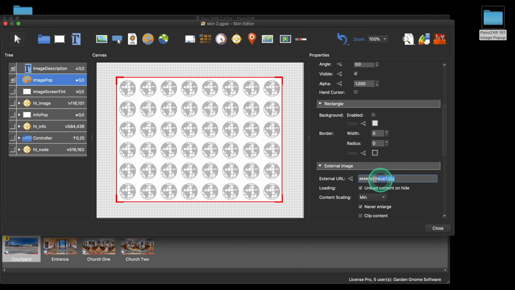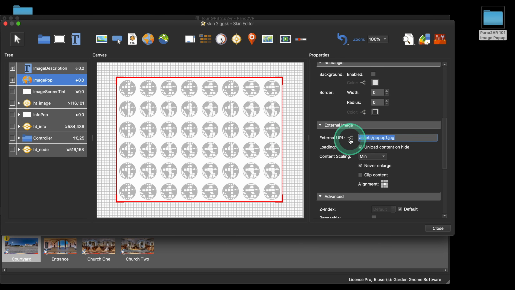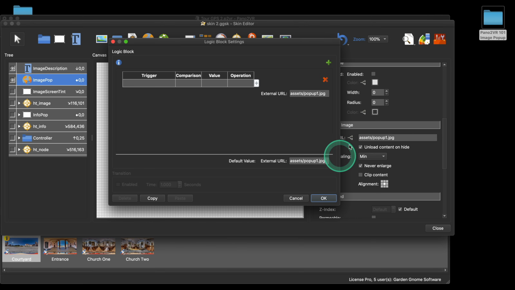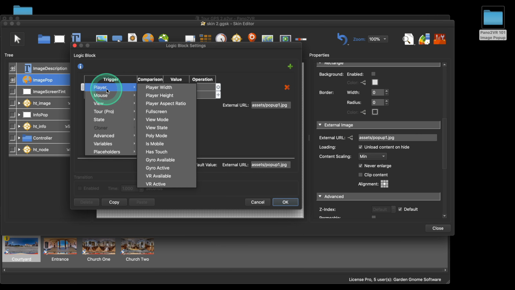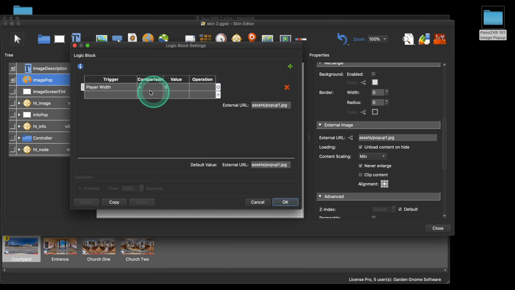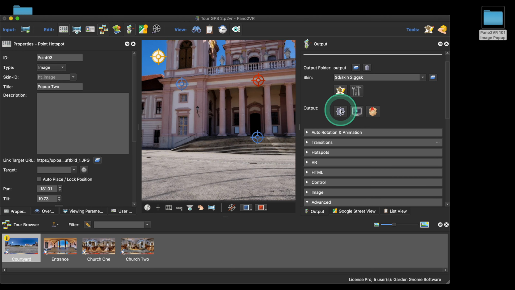But what I can do, I'm just going to copy this because I'm lazy, and I'm going to use the external image loader logic block. All right. And I'm going to say if the player width is less than, I don't know, 1024 pixels, change that image to show image 2. All right. Now you might turn around and say, well, this is not basic stuff, but you know, it's not